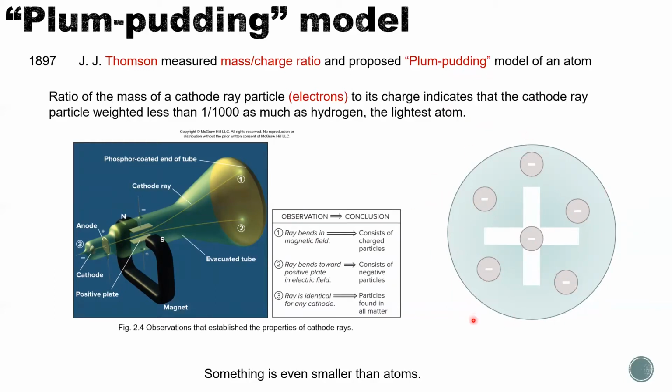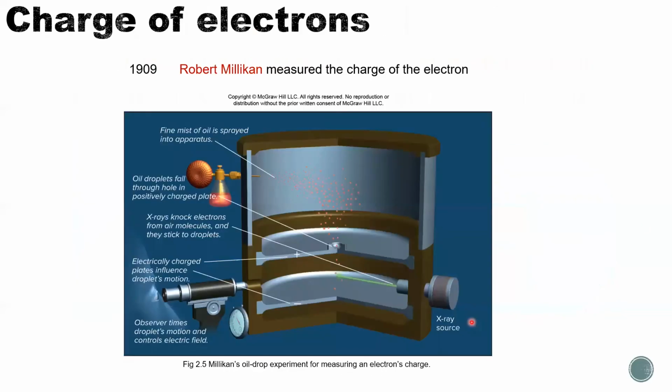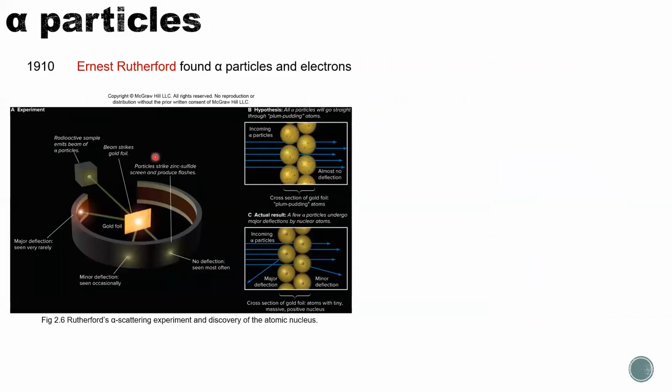Yeah. And then in 1909, Robert Millikan measured the charge of the electron. So he further identified that we not only know the mass-charge ratio, now we know exactly how much charge an electron carries. That is one negative charge. Then we have a missing positive charge, right? So in 1910,